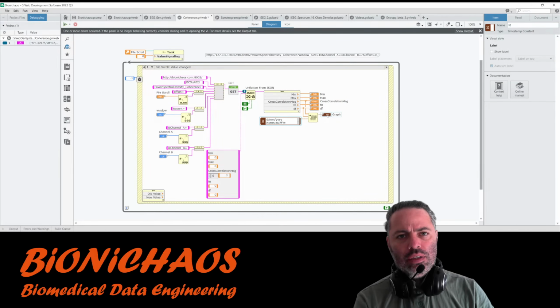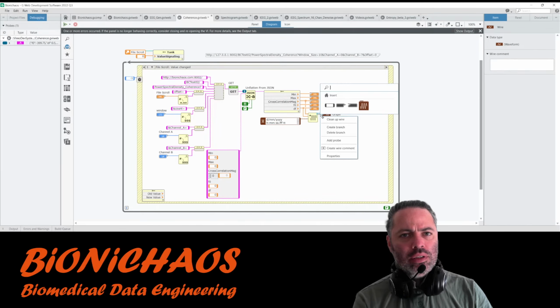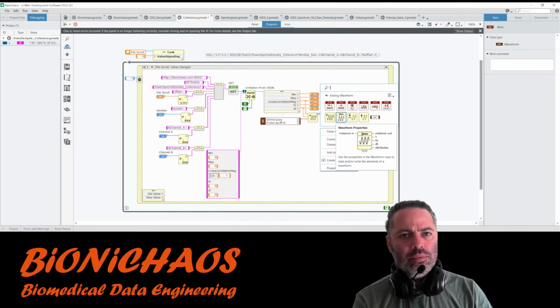E. Remember in LabVIEW if you can do it or not, but essentially this doesn't have to be waveform. Oh,